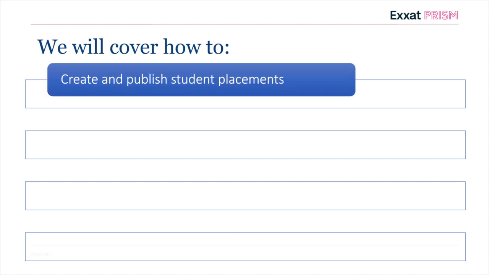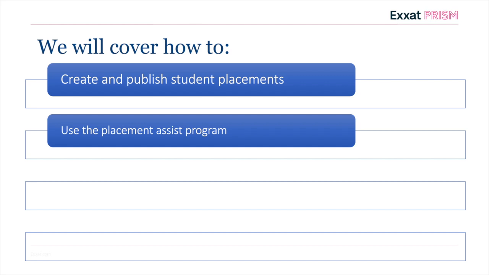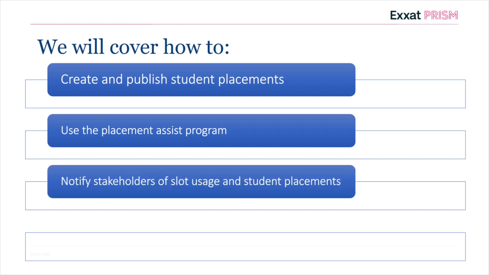This video is comprised of 23 chapters, and it will cover all the different ways of how to create and publish student placements, use the Placement Assist program, notify stakeholders of slot usage and student placements, and run reports on